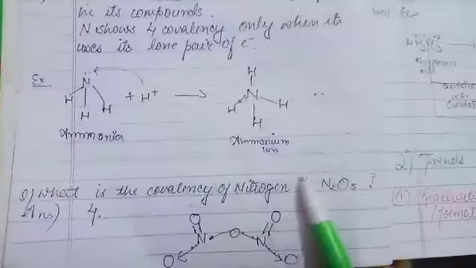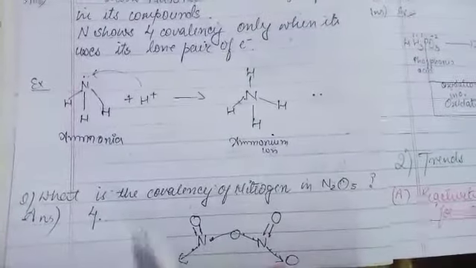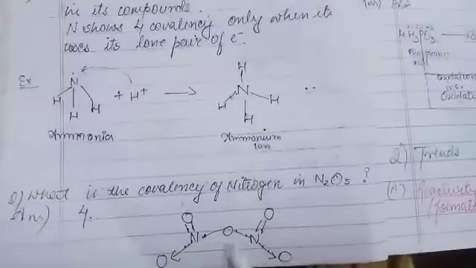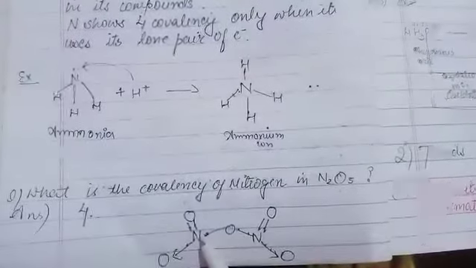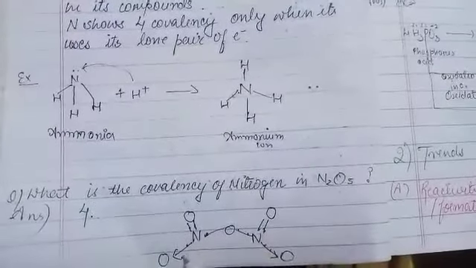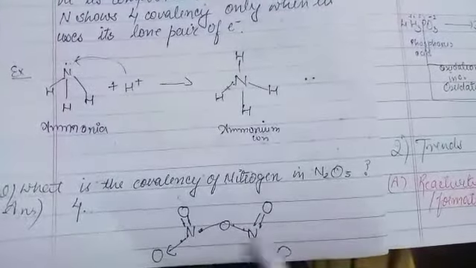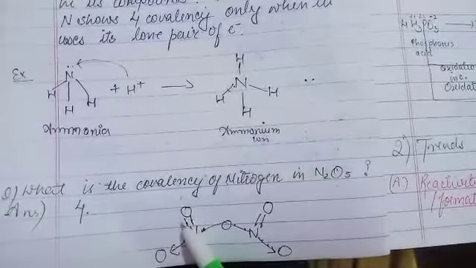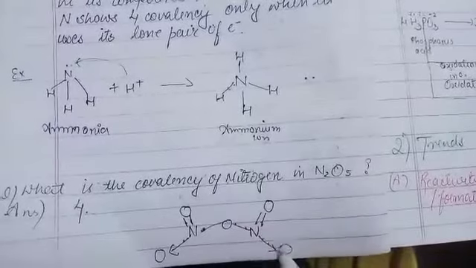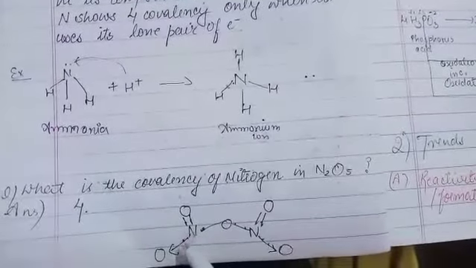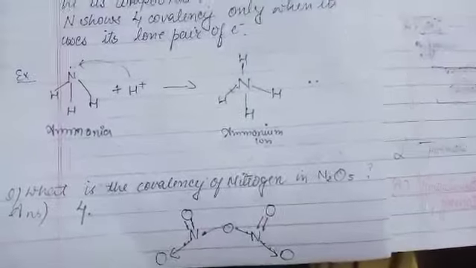Now what is the covalency of nitrogen in N2O5? That one is 4. This one is the structure of N2O5. This one is N and because a lone pair is present, तो इसने सिर्फ क्या किया? Donate किया, and here it's a 2 bond. तो just see, only sharing of electrons, that one is only 2 plus 2, 4. तो covalency 4 है, because here they have a tendency to donate the lone pair of electrons. तो covalency सिर्फ कितनी आएगी? That one is 4.